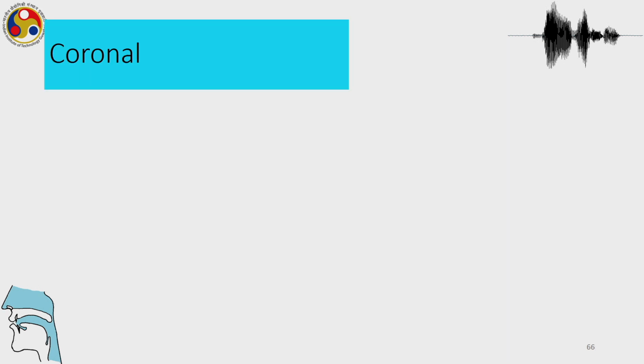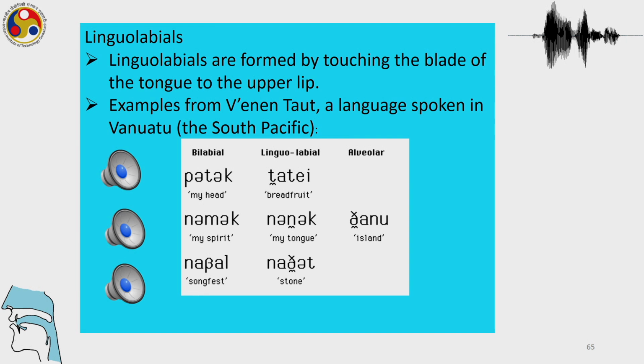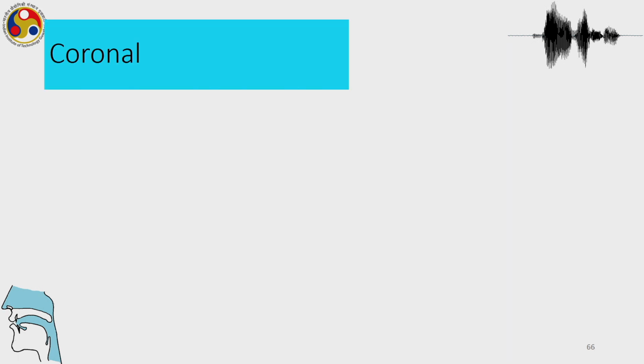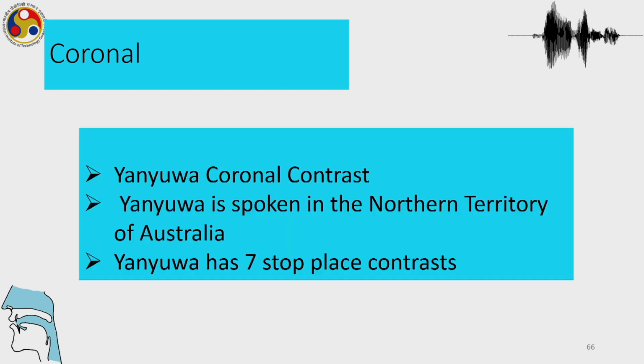Lavat. So again, that was, linguolabials are rare in the languages of the world. And talking about the rare sounds in the front part, we have the coronals, and among coronals there can be languages like Yanyuwa and a few other languages which have at least 7 stop place contrasts in the coronal region